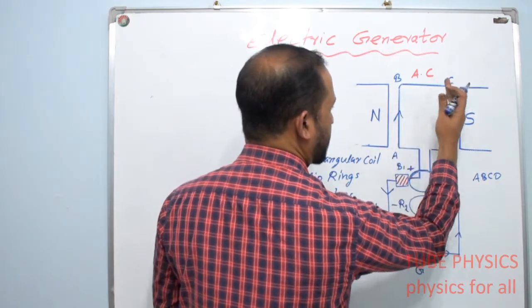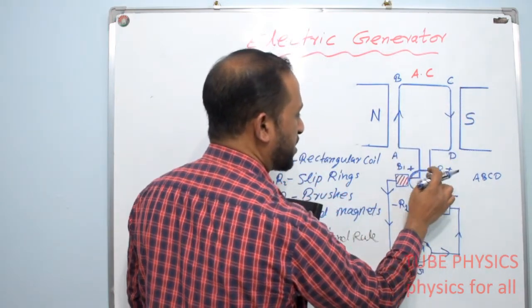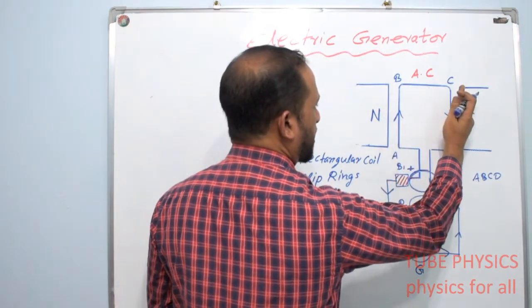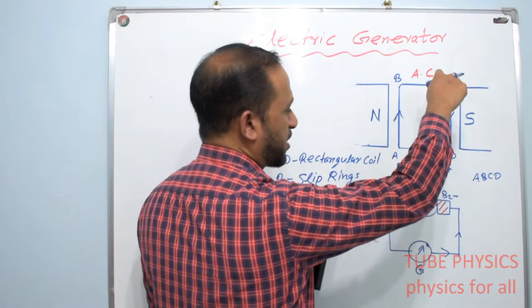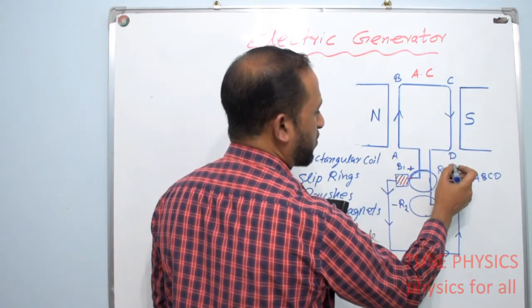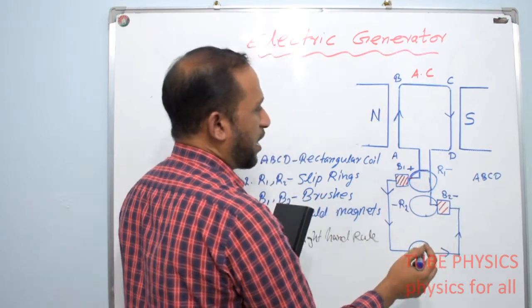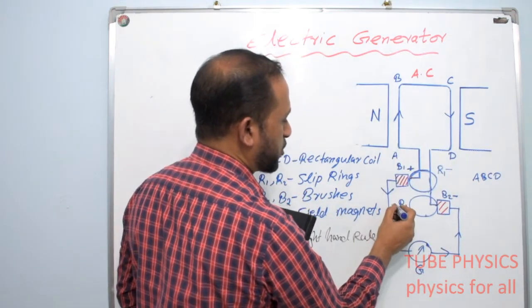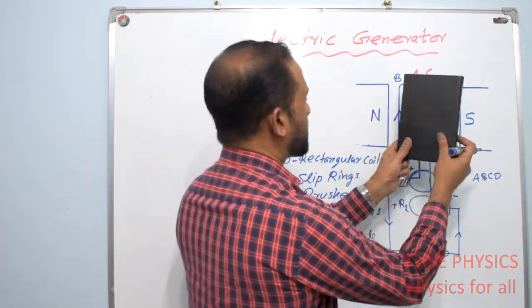But when the side AB reaches here, ring R1 is still in contact with B1. So when the side AB reaches here, the current will be flowing in the downward direction. Which means when the current flows in the downward direction, ring R1 becomes negative. And when the side CD reaches here, ring R2 becomes positive, because